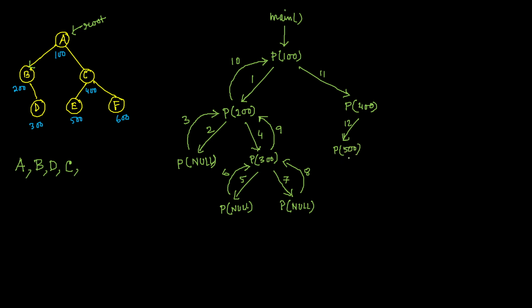Fine. Again this clone will see that the address is not null, so it prints the data first. And then it will blindly call the left child, where it will get null again, because E is the left node, you see. Since it is null, there is nothing to do. It will simply return back to the previous clone. And the previous clone called this clone with respect to the left child.